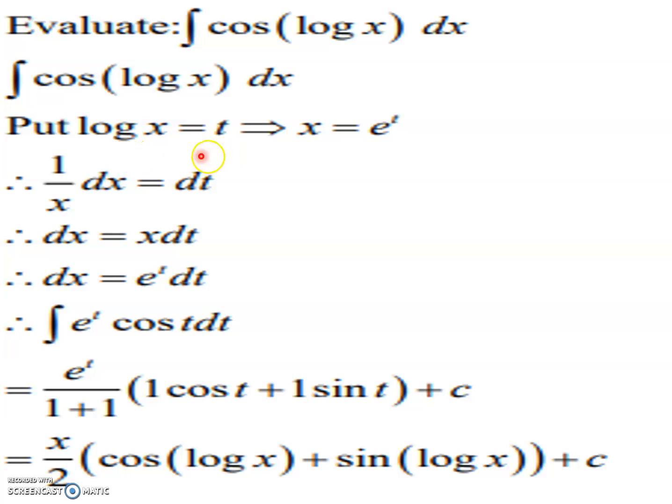So log x equal to t, we differentiate log x equal to t. We know that 1 upon x dx is equal to dt. dt goes, 1 upon x dx remains the same. So dx is equal to x dt. What is x? e raised to t. That's why dx is equal to e raised to t dt. So instead of dx we use e raised to t dt. What is the integration of